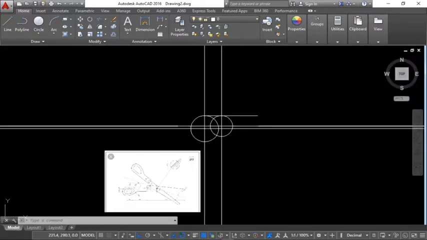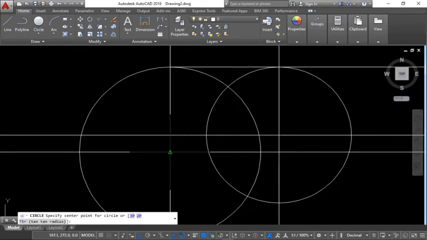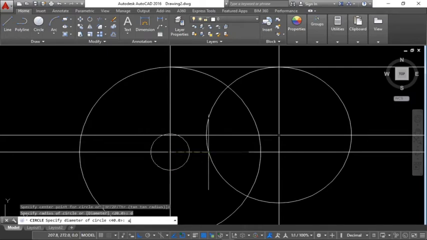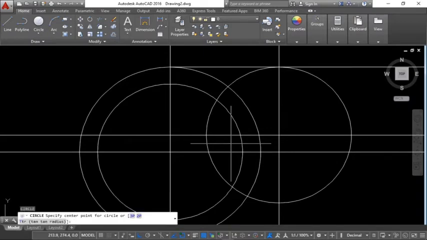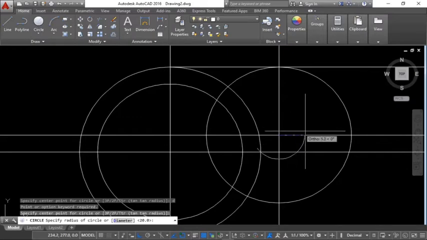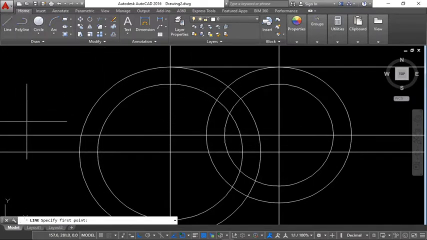So we can draw the circles over here. Circle, we have one there which is diameter 40, then enter again, diameter, all right, so D for diameter 30. Okay, we're having these circles over here, so you can just click line, hold down shift, right click,